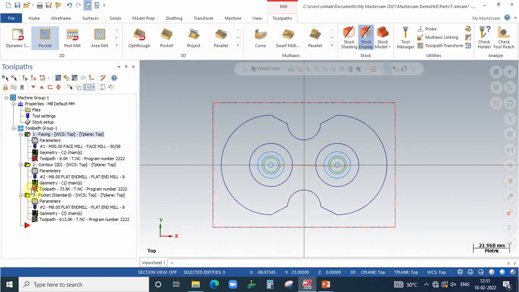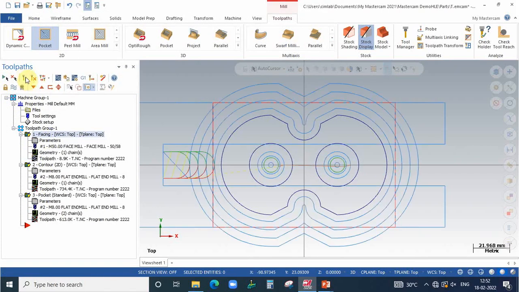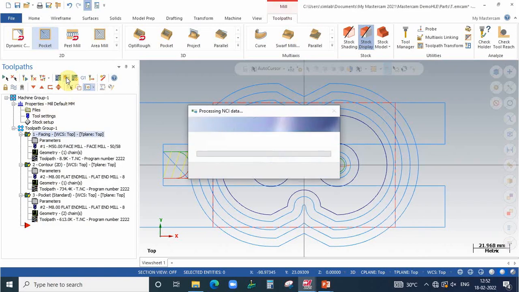Now only one option is selected, the facing operation. We need to select all the operations. For that, go to first icon, select all operations. We have to verify, regenerate the operations. For that, select the third icon, regenerate, and then go to verify options. Now the program is verifying. Once the verification is over,